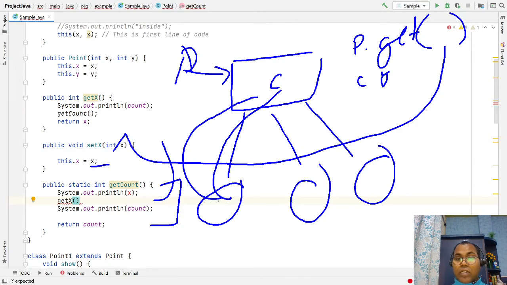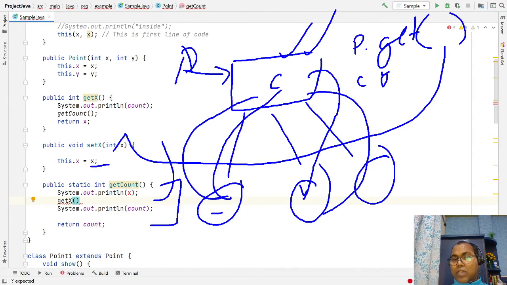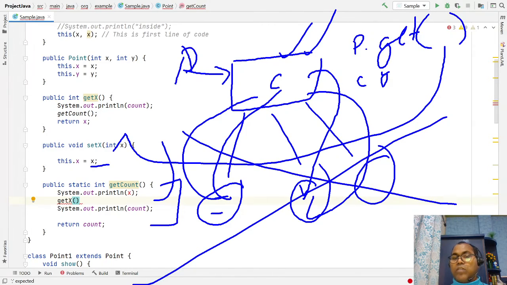So an instance method can invoke the static variable and static method, but the reverse is not possible. A static data member or static method cannot access any instance variable or instance method, because an instance is not guaranteed to be created at the time you are accessing it.